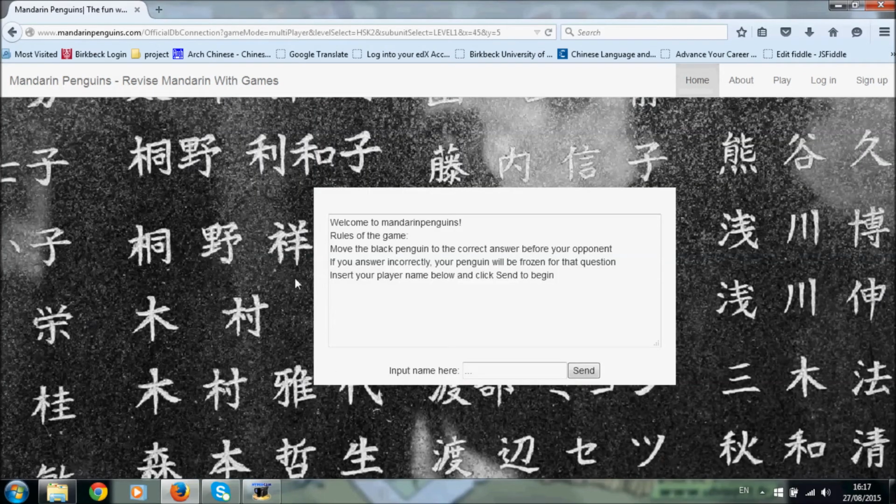When you play a multiplayer game, you'll be prompted with this screen, and they'll ask you to enter a player name. If I enter my name, Sergio, it now tells me you have been connected to the game server as Sergio. Send your friend the following link to connect and play, and it gives me this link. So if I copy this link, I can send it to my friend by email or Facebook or WhatsApp or whatever, and when they go to this link, they will also connect to the server